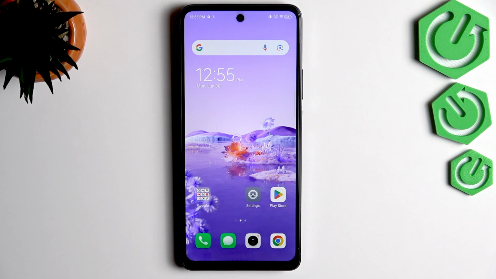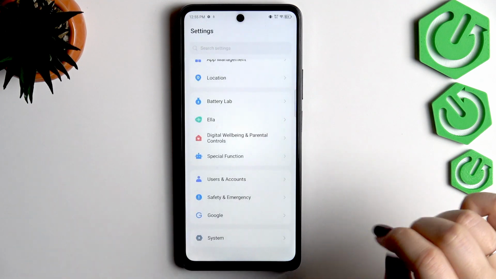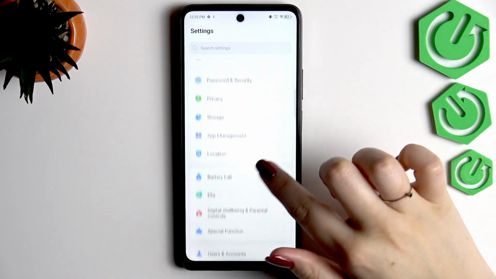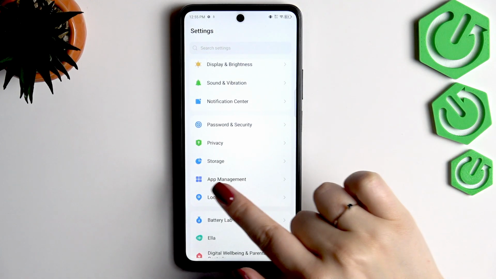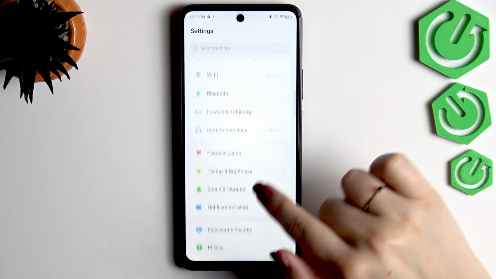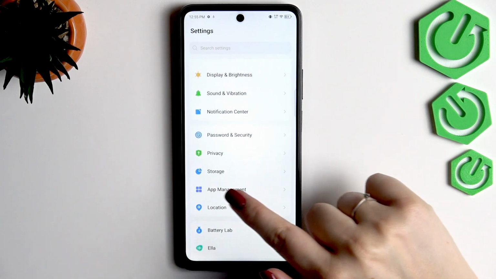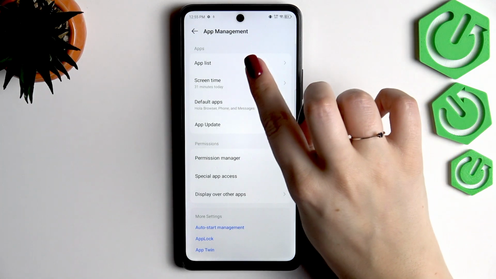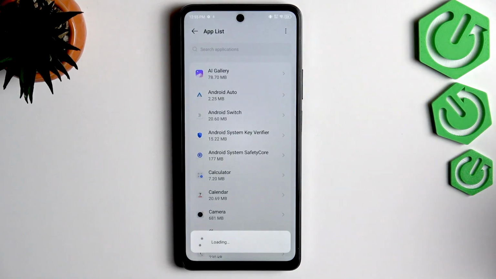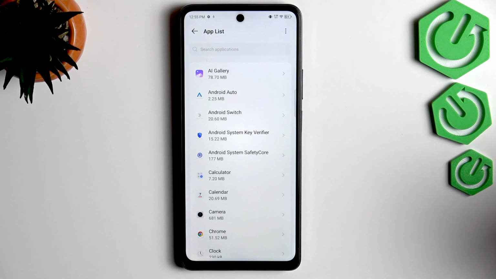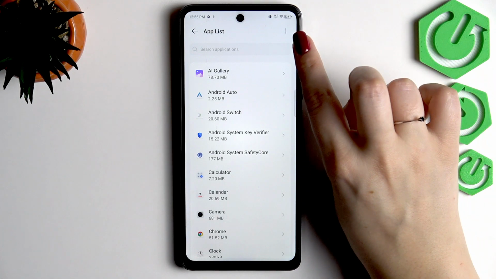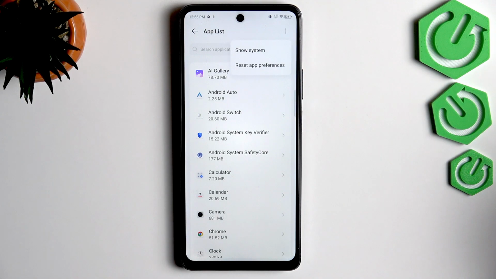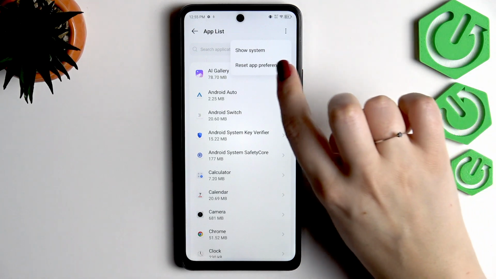So let's start with opening the settings, and here we have to scroll and find this option App Management. So it should be somewhere here next to the storage and location. So just tap on App Management and then tap on App List at the top. So right here we've got the list of apps which are currently installed on this device, and all we have to do is to tap on this three dots icon in the right upper corner and then tap on Reset